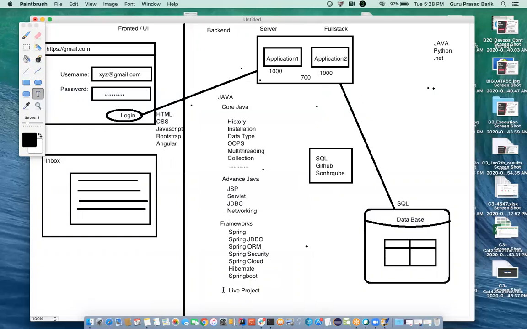Most institutes or training institutes say live project, but in the end they give you a project which is already present with them, so that they can say it is a live project. No, we are not going to give this kind of project.